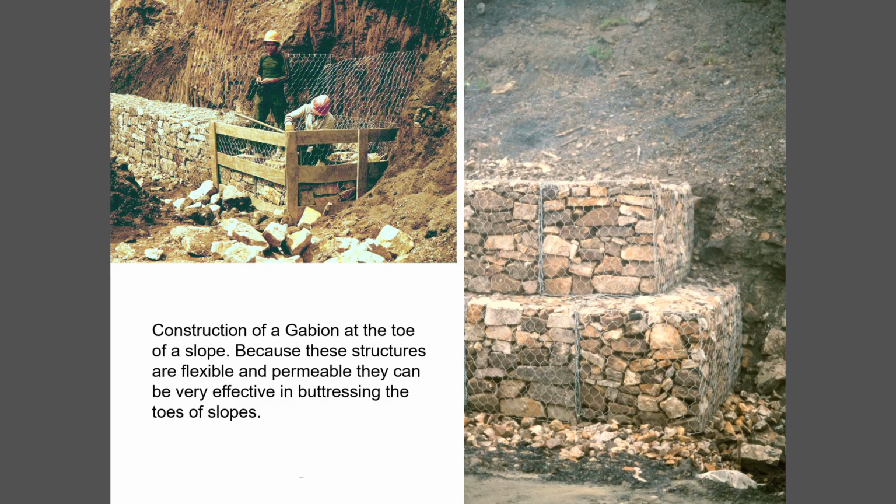A very effective solution for small slopes is what we call a gabion, which is basically a wire basket filled with rock. You see one being constructed there, and the lower right shows a gabion in place. This has the advantage of being flexible and porous. So it's a good weight, it's flexible, it allows the water to flow out. For small slopes, these can be very, very effective, and it's something that you see all over the world as a solution to small slope stability problems.